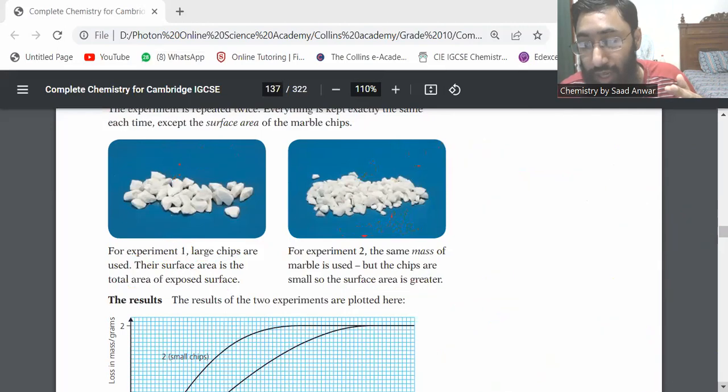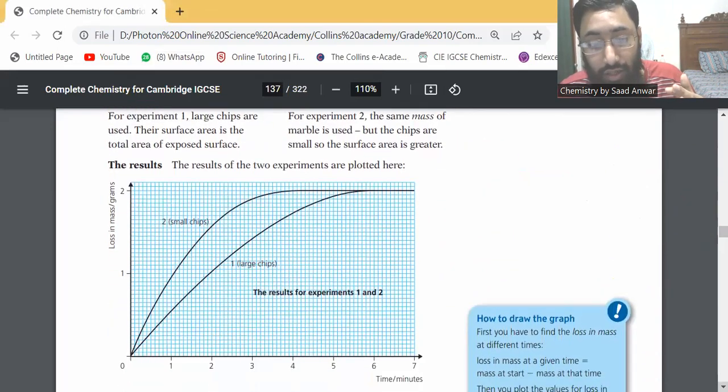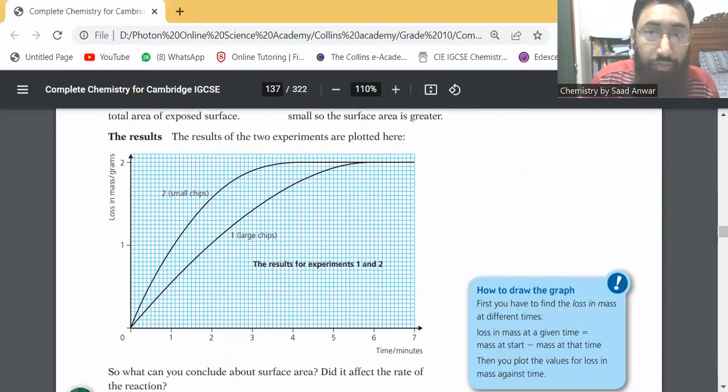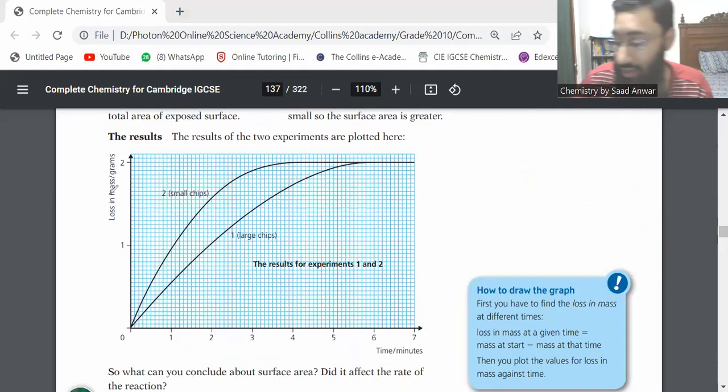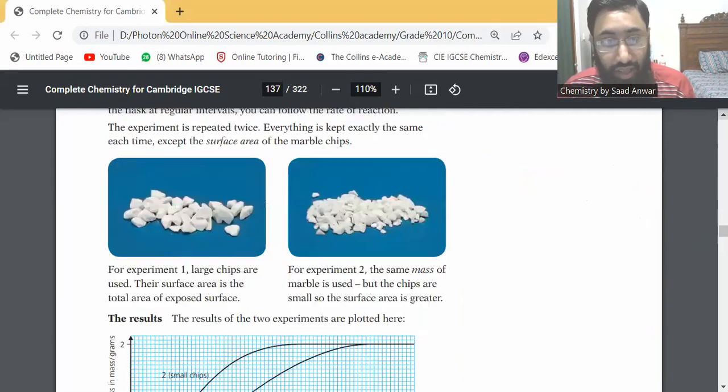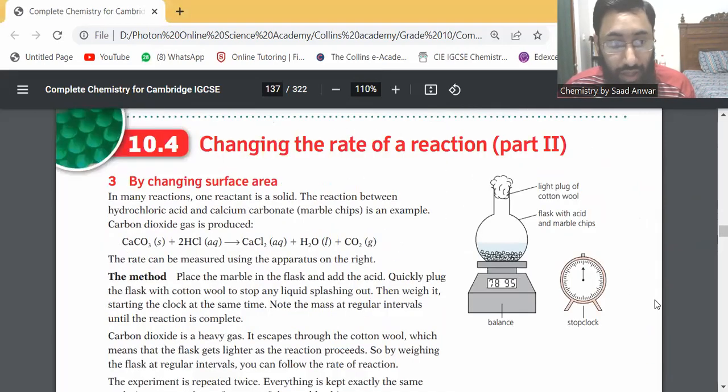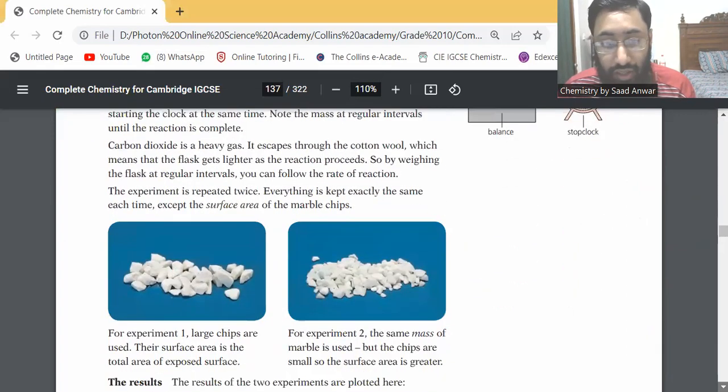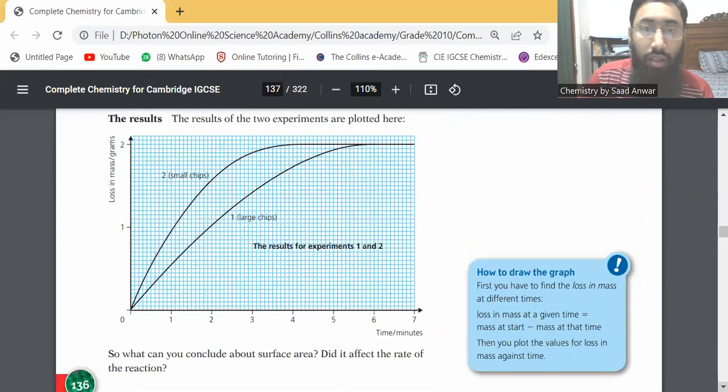Now let me show the result of this experiment. So this is loss in mass. What is loss in mass? Where is the reaction? The reaction is somewhere here, when calcium carbonate is reacting with, okay, the reaction is when calcium carbonate